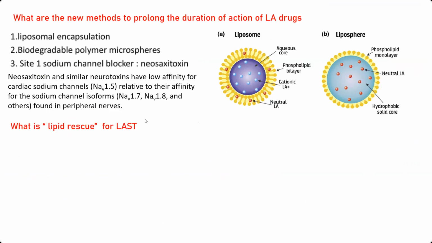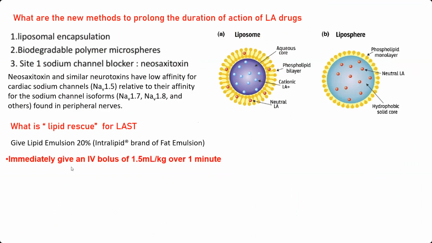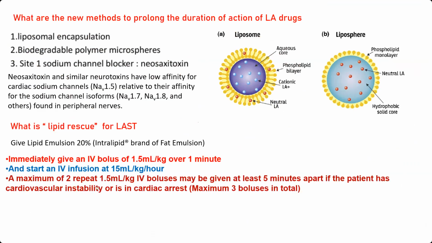What is lipid rescue for local anesthetic systemic toxicity? Sir, injection of a lipid emulsion to act as a reservoir to draw the local anesthetic from the systemic circulation into the lipid reservoir. Very good, excellent. So give lipid emulsion 20%, immediately IV bolus of 1.5 ml per kg over 1 minute. Then start an IV infusion at 15 ml per kg per hour. Then a maximum of 2 repeat boluses of 1.5 ml per kg may be given at least 5 minutes apart